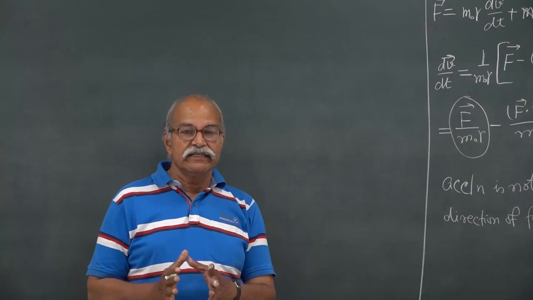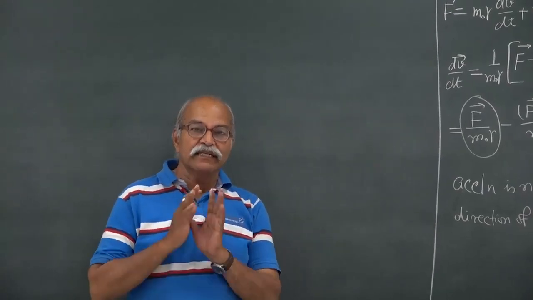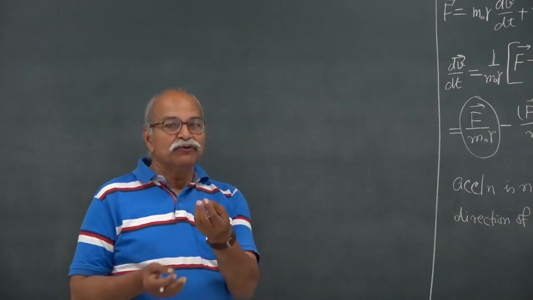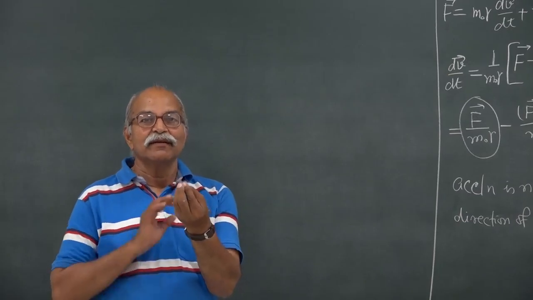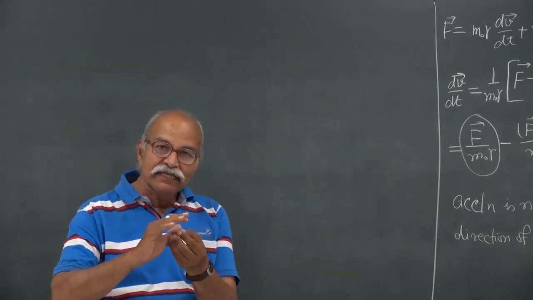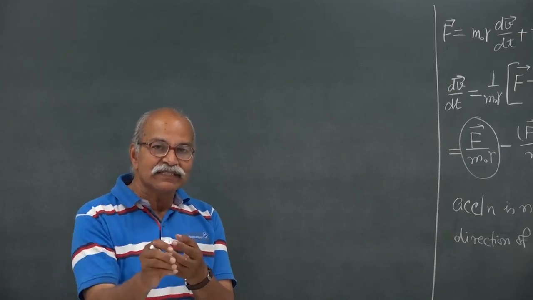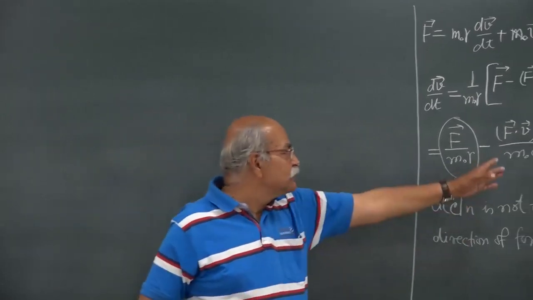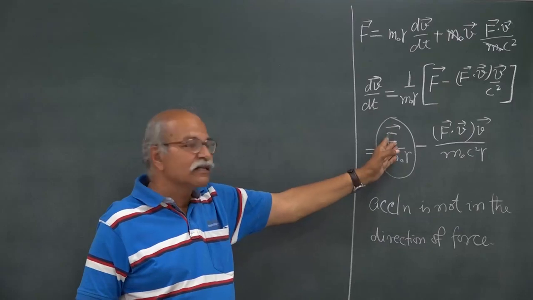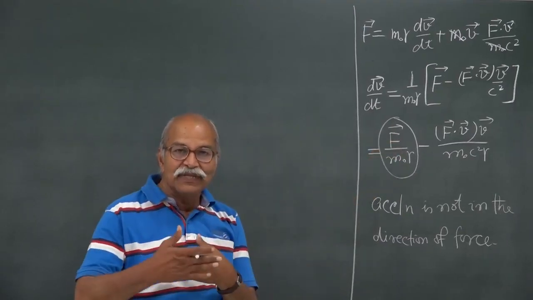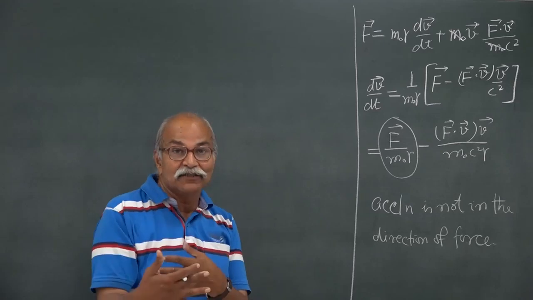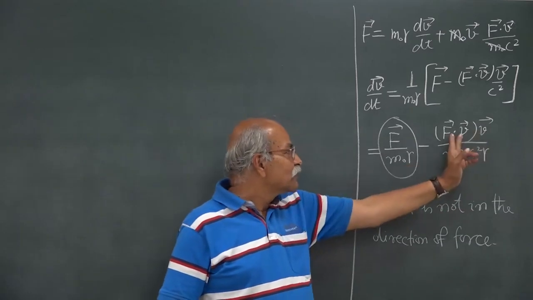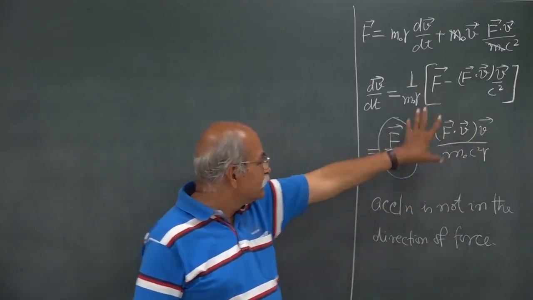So, first case I consider when the force is in the direction of velocity. For example, if you take a particle which is at rest and then apply force, so what will happen? Here the force will generate the velocity, and the initial velocity will be 0, and therefore this term will be 0, and so the dv will be in the direction of f, and hence you will have velocity produced in the direction of f, and all the time that will be like that. First v was 0, and after that you will have something else, but then let us see what happens.